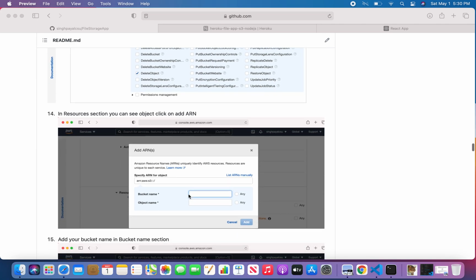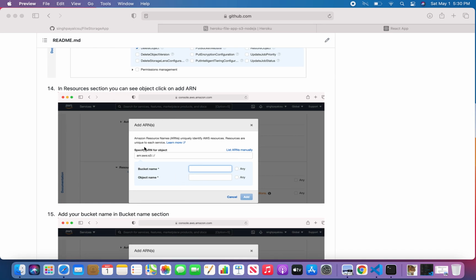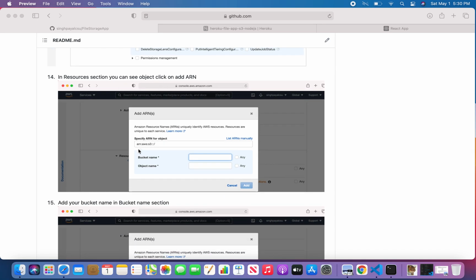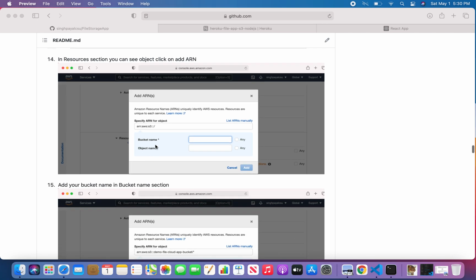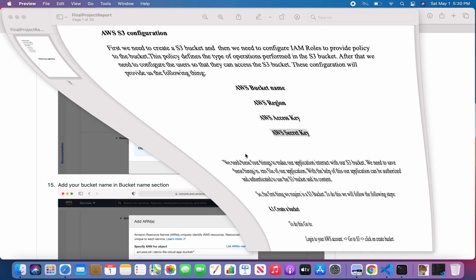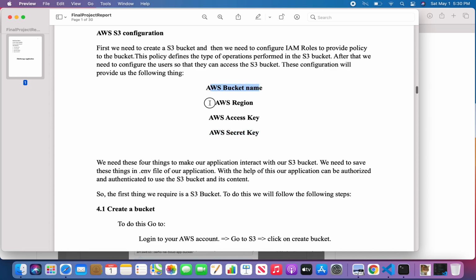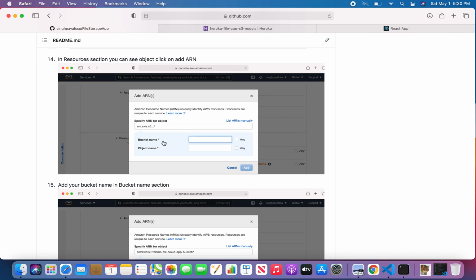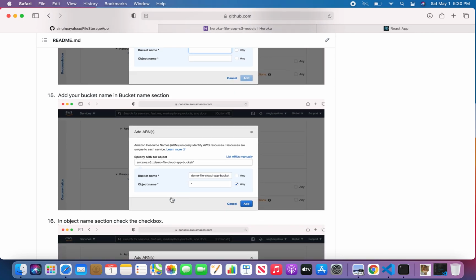Now after doing this, in the resource section click on the add ARN option. After that, you can see it asks for two things, bucket name and object name. As I told you, we got our AWS bucket name and AWS region, so just use your AWS bucket name here, and after that in the object name section choose star, and click any.